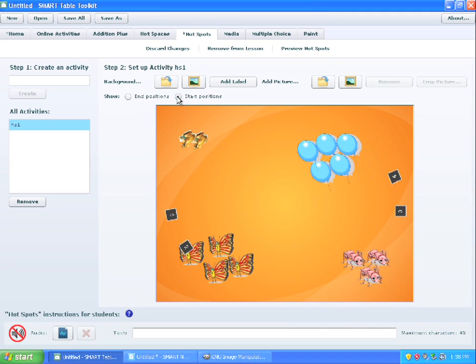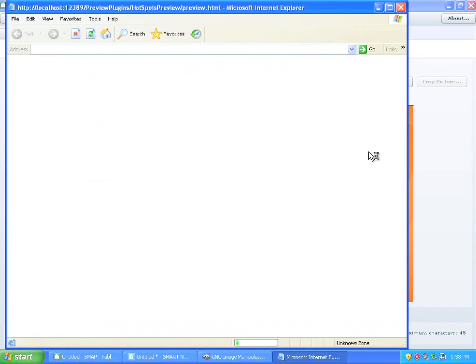Once I've done that, I'll click on the start position, and then I can just put these into space, evenly spread around the activity. So that's my activity complete there. When I preview this,